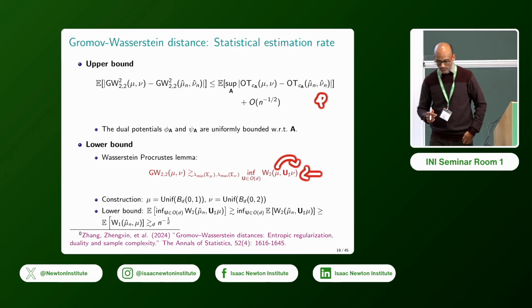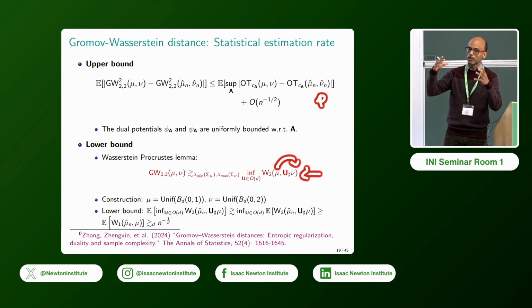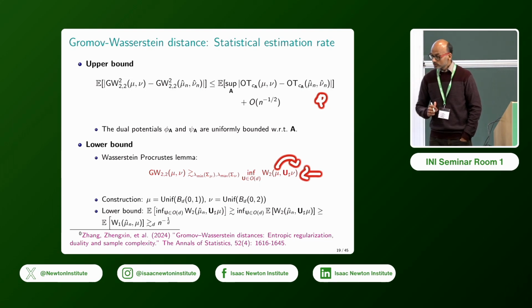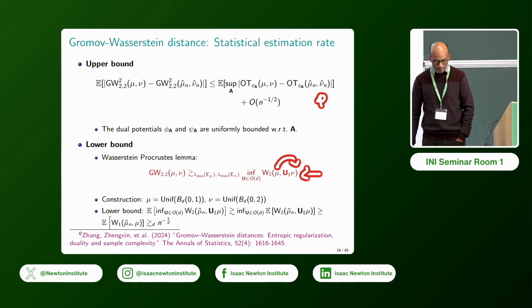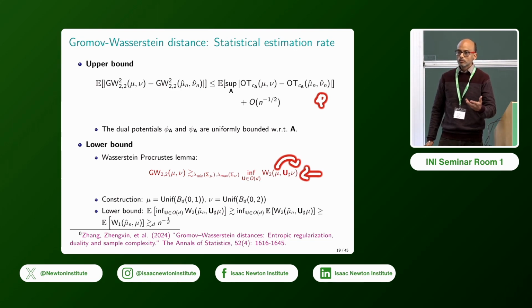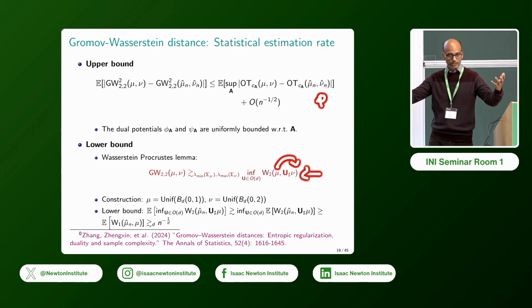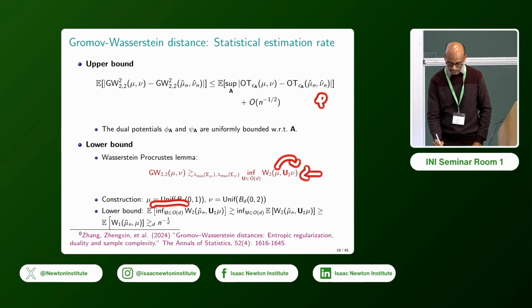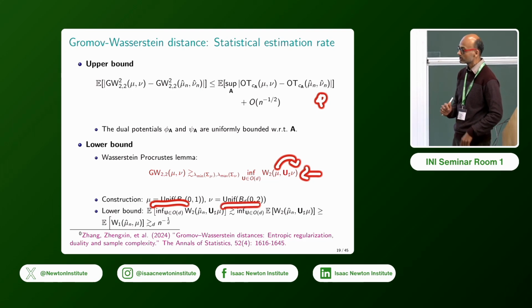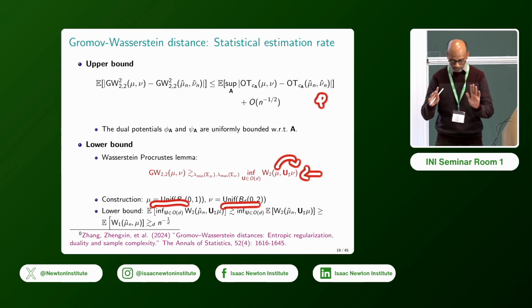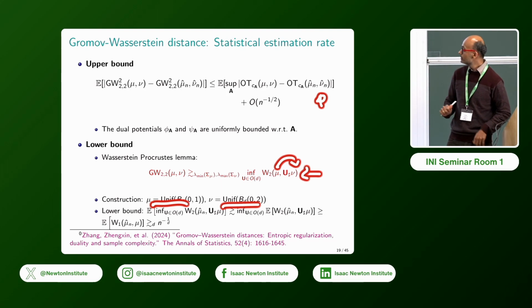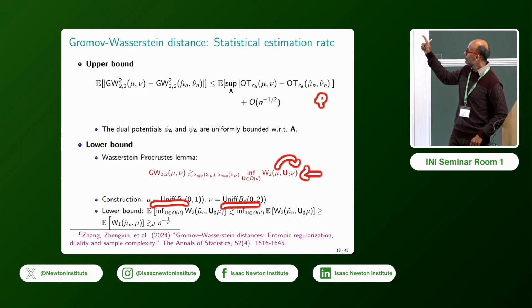So which is precisely like a Procrustes method with Wasserstein as the distance. So you can control GW in terms of Wasserstein, and then all we need to show is we basically have to construct two measures mu and nu, and we choose these measures mu and nu to be uniform measures on this ball of radius 1 and ball of radius 2, and doing some calculations we can basically show that you can actually reduce this problem of